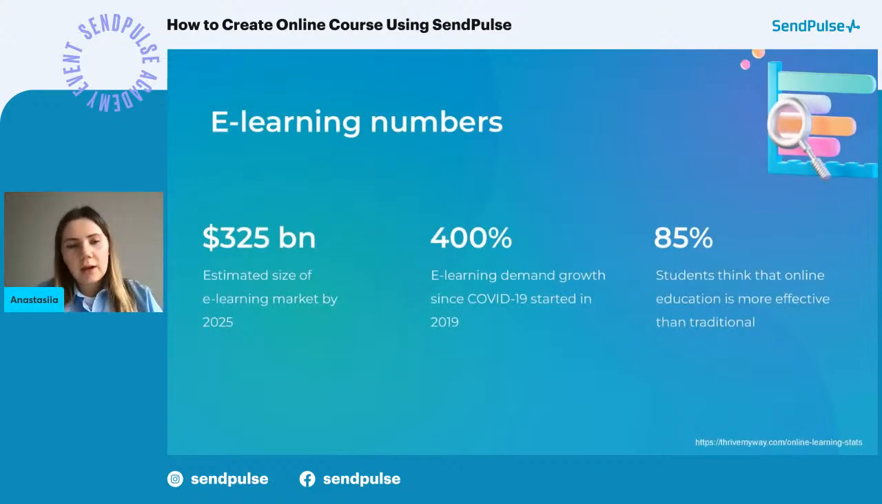To start with, I want to share just some e-learning numbers. It's statistics that was shared in open sources. Since COVID hit in 2019-2020, e-learning demand growth was by 400%, which I guess everyone felt,